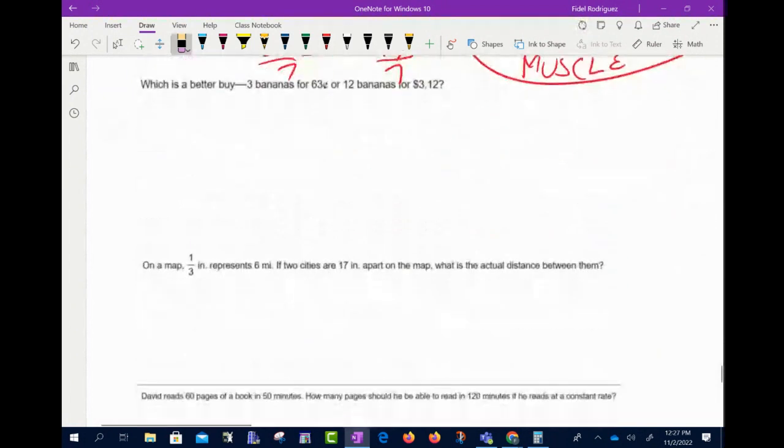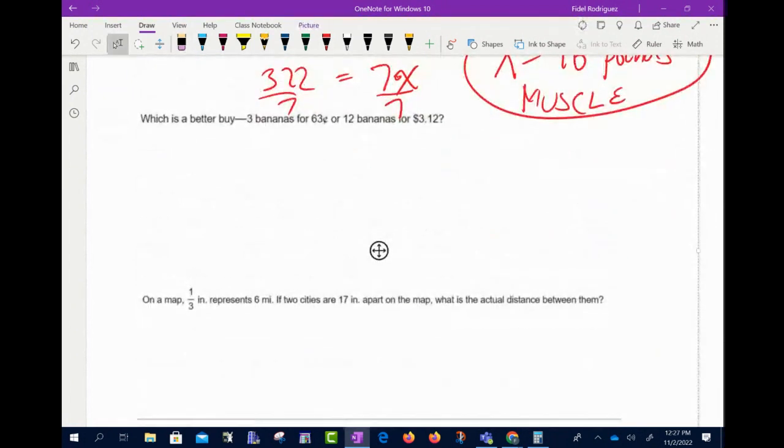All right. So the next part, right? And 6th graders do not care about what is the better buy because, you know, mom and dad buy the better buy, right? But it says, what is the better buy? 3 bananas for 63 cents or 12 bananas for $3.12, okay? So again, what would we tell the students? We say, look, we're trying to figure out how much